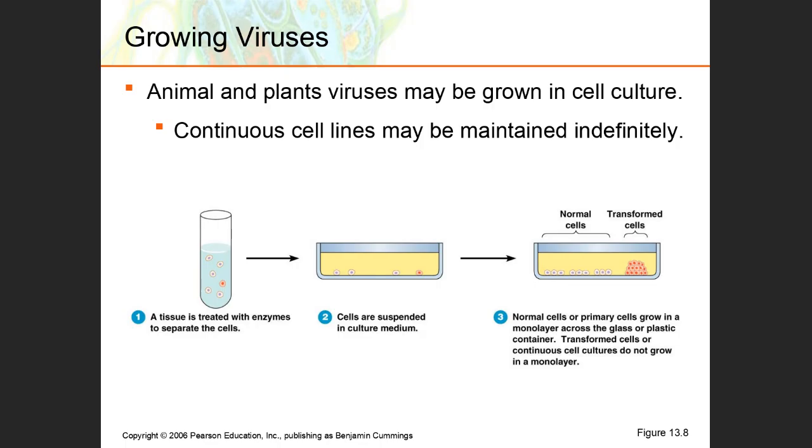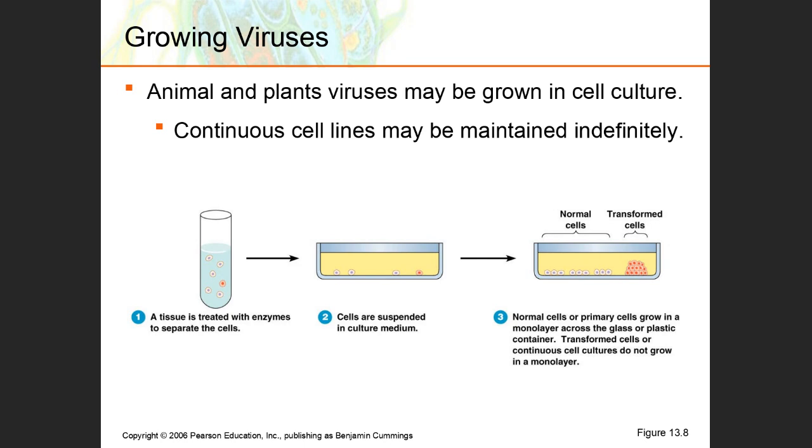So the idea is when the cells are touching each other on all sides, they stop growing, they stop dividing. Cells also typically show anchorage dependence. So the idea that the cell must be anchored, it must be attached to a substrate in order to divide